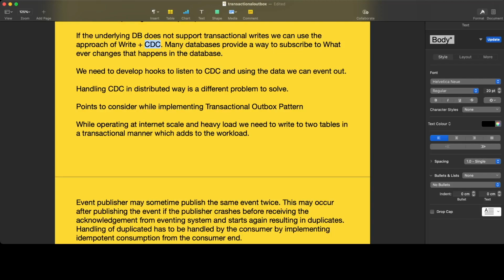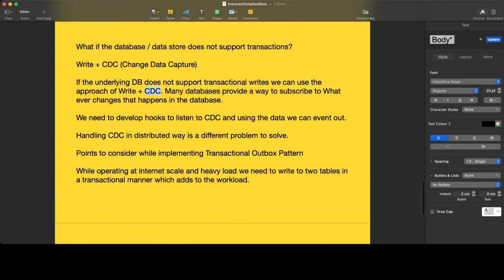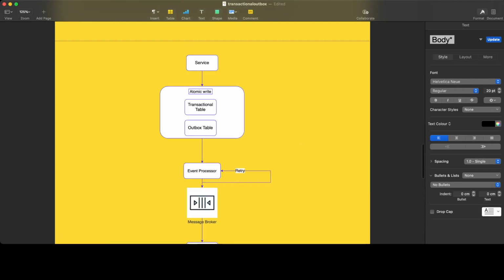Is there a different way that we can do CDC? Yes, there is. Kafka offers something called Kafka Connect, which can tap into the CDC offered by the underlying tables, relational databases such as MySQL or Postgres, listen to the data inserted into a table, and then push the data to the Kafka system. Even with the same transactional outbox, we need not come up with an event processor here.